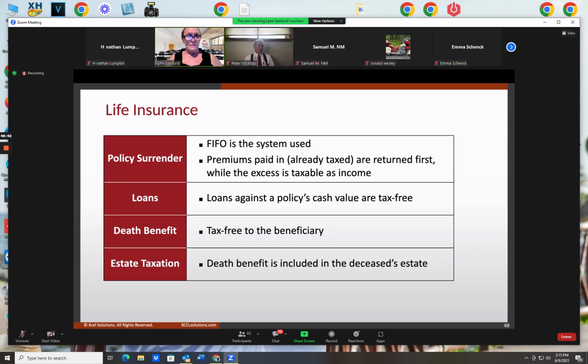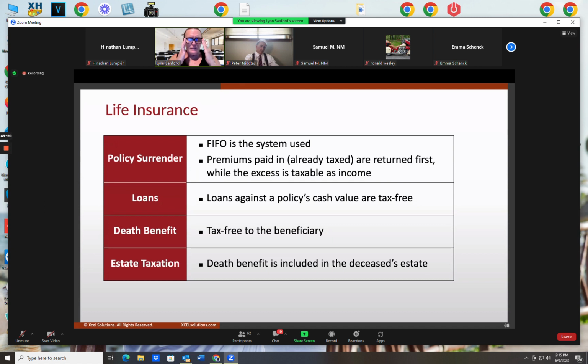Loan: when you take out a loan, you have to be willing to pay interest on the loan, but you don't pay tax on a normal policy. When you take out a loan, you pay interest on the loan. You do not pay tax on the loan, on a normal cash value life insurance policy. Once it's made a MEC, a modified endowment contract, that will be different. But on a normal cash value life insurance policy, it's operating normally. You take money out in the form of a loan, you only pay interest on the loan. You do not pay tax on it. Loans against the policy's cash value are received tax-free. You just have to pay interest on the loan.